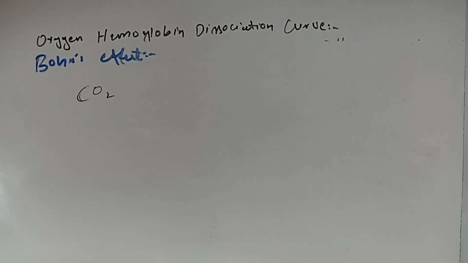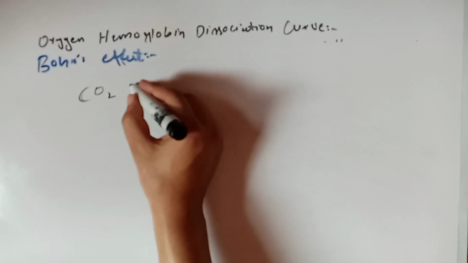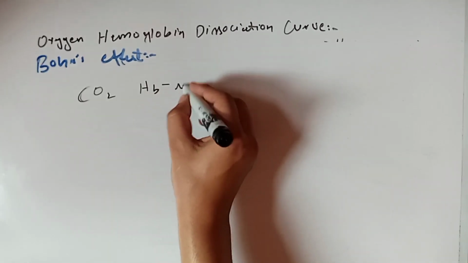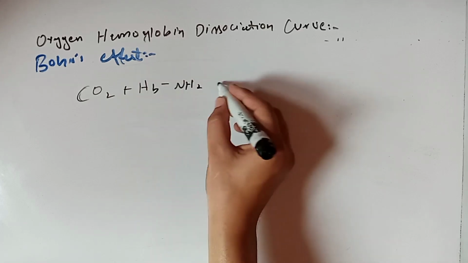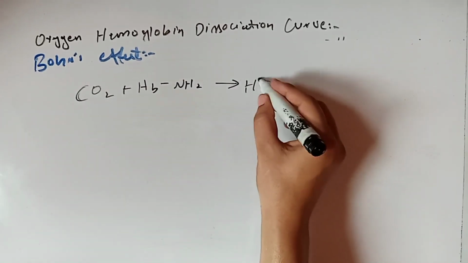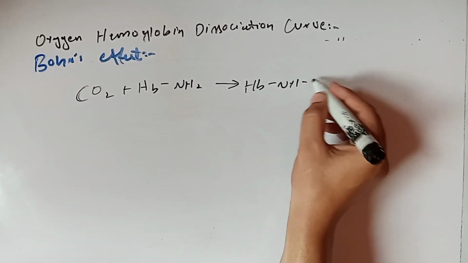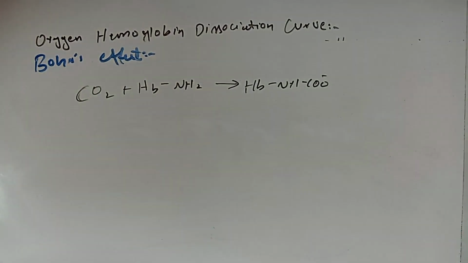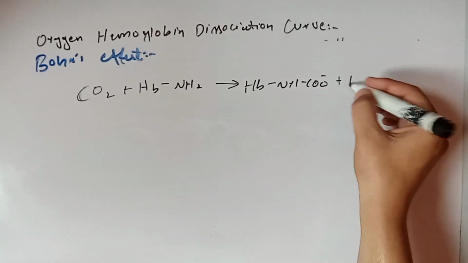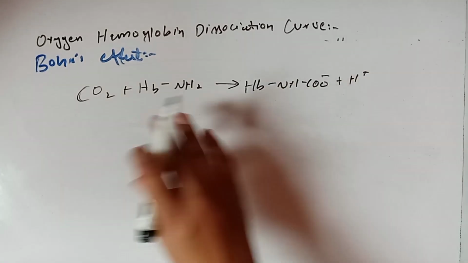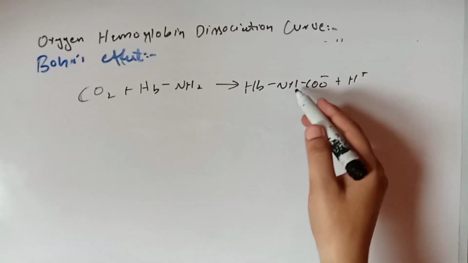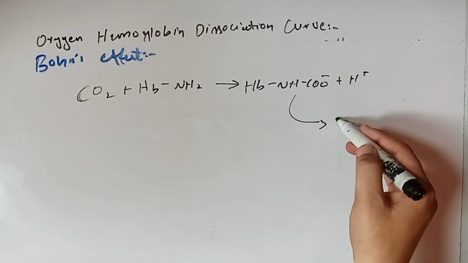Carbon dioxide is transported in the form of bicarbonate ion as well. However, some carbon dioxide also binds with hemoglobin. Here is Hb, and hemoglobin has an NH2 group as well. So carbon dioxide binds here and forms carbamate ion, NHCOO negative, okay, plus H. So in this form, hemoglobin also transports carbon dioxide, and in the lungs this carbon dioxide dissociates and is released out,